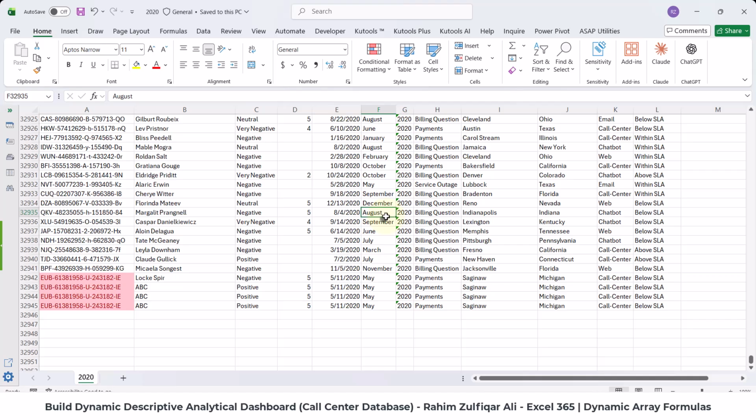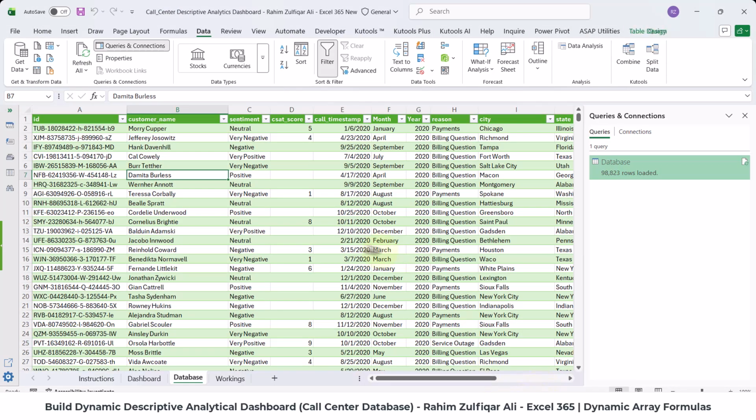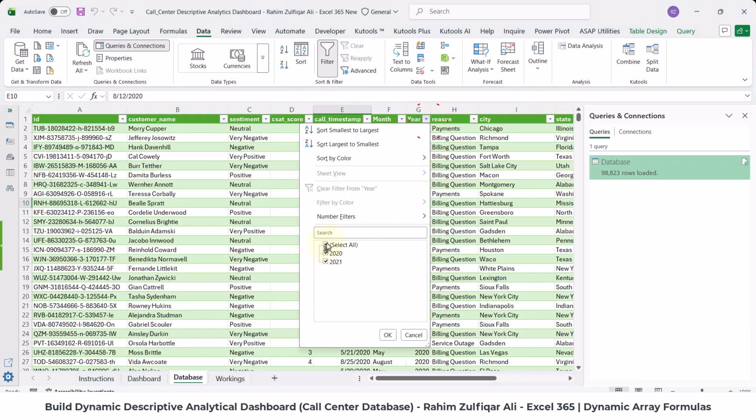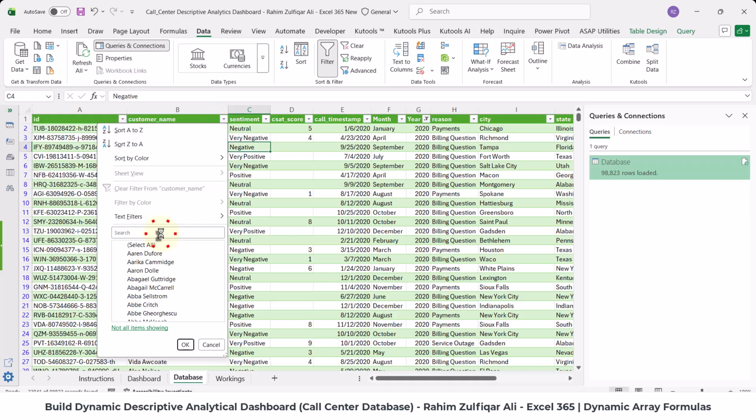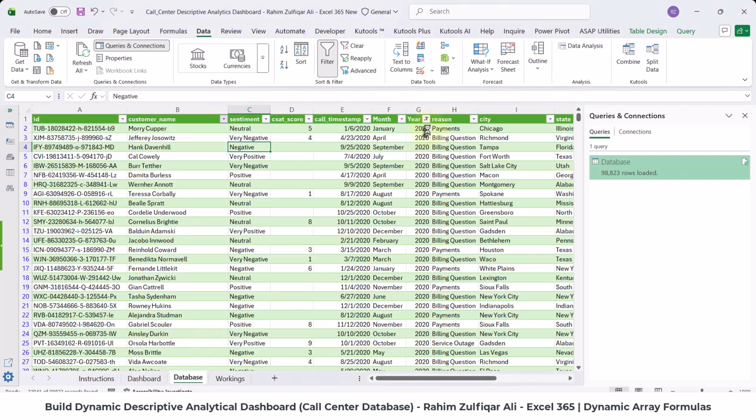And when I go back to my dashboard database, which is coming from Power Query, if I filter 2020, I will not find the customer name such as ABC. Okay, no matches. You can see no matches, but as soon as I refresh, right click, refresh,